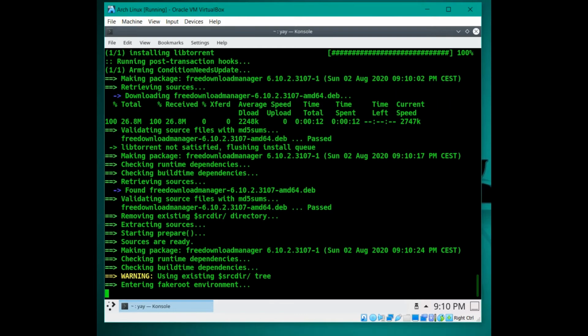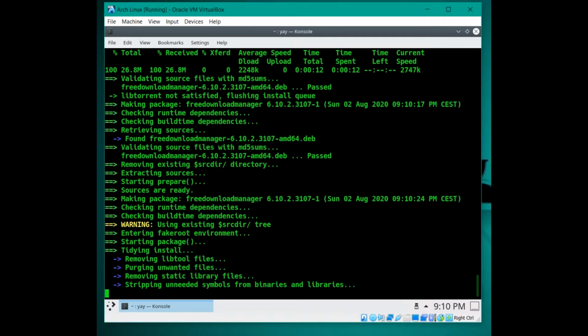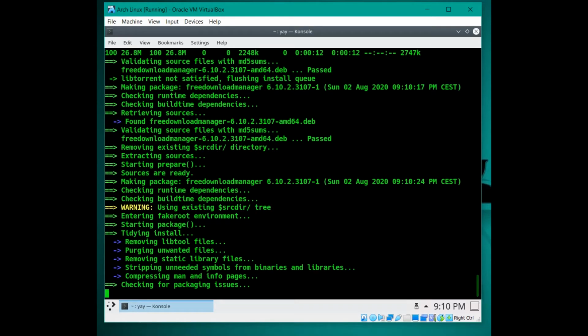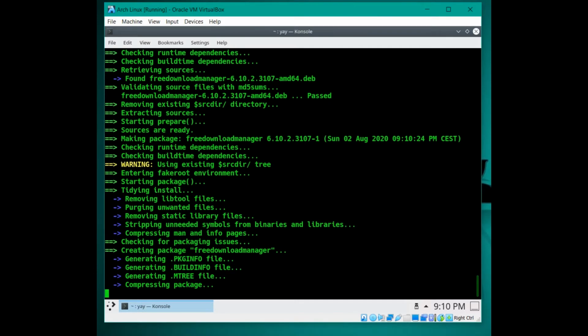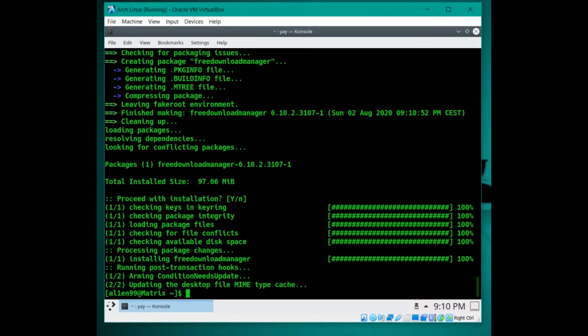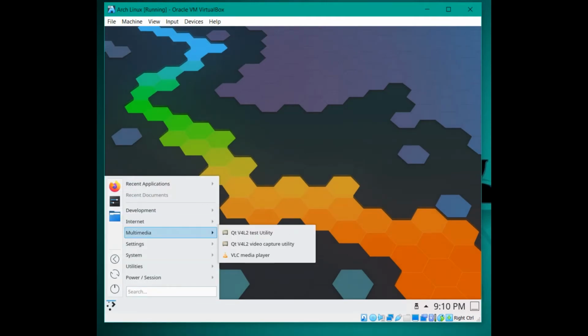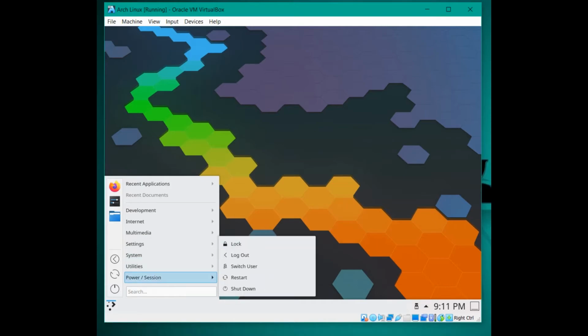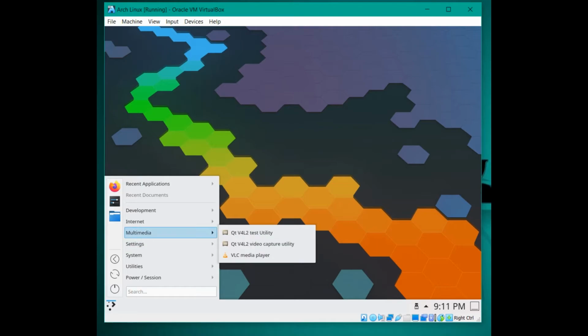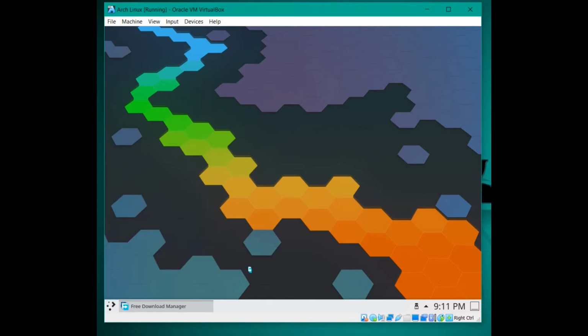It is building the package from source. It has installed the package Free Download Manager.